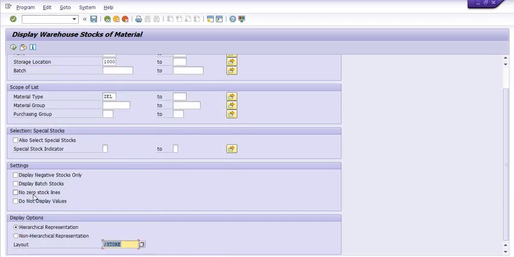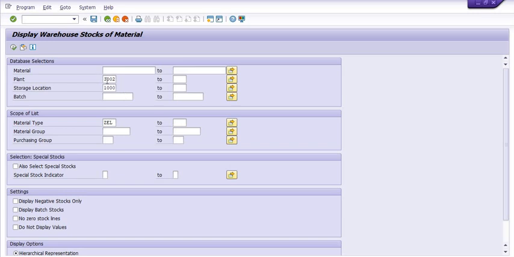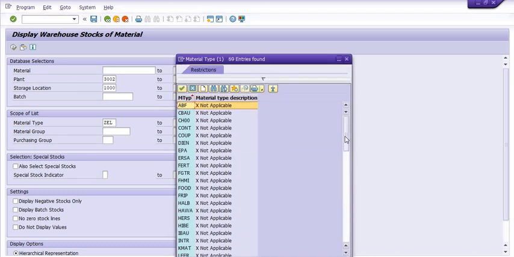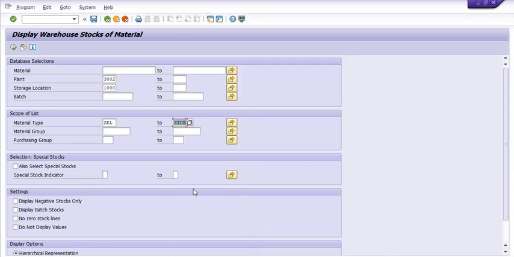I am choosing slash store. In this particular plant location and storage location, I just want to get the data of the electrical material, and some other material also, some jet TCS type of material also. I'm just going to execute this.